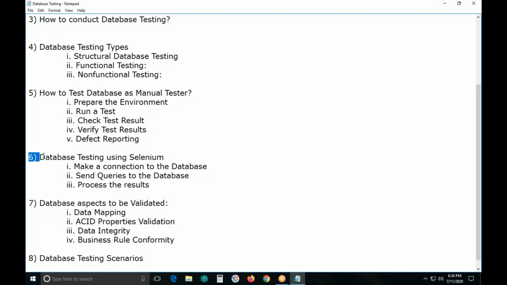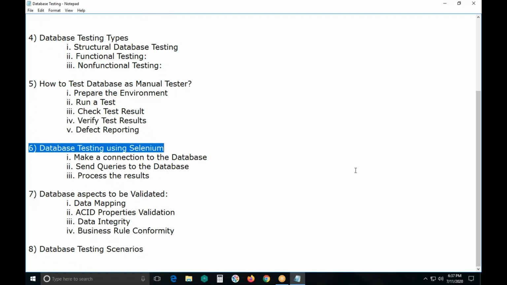Next, database testing using Selenium, automated database testing. Before going to discuss steps, Selenium WebDriver is limited to testing your applications using the browser.